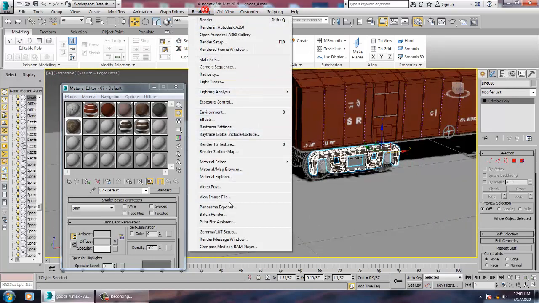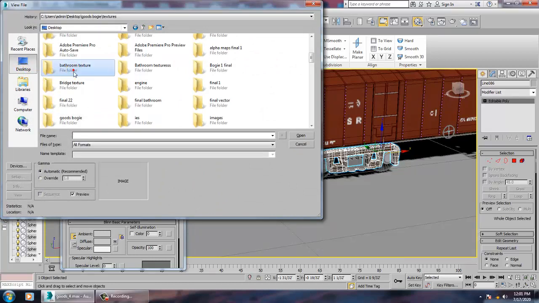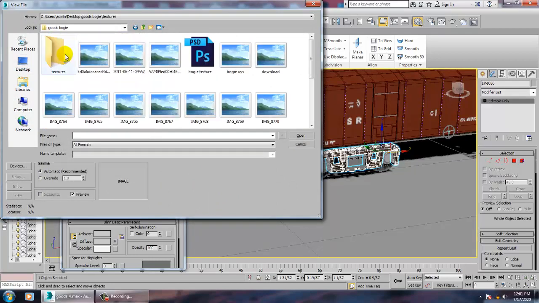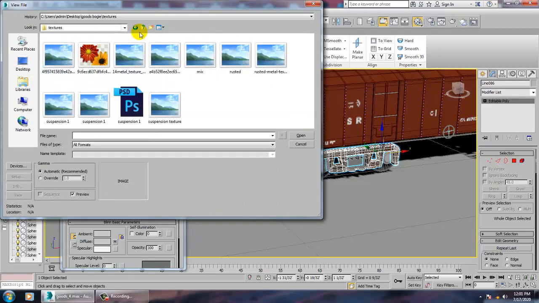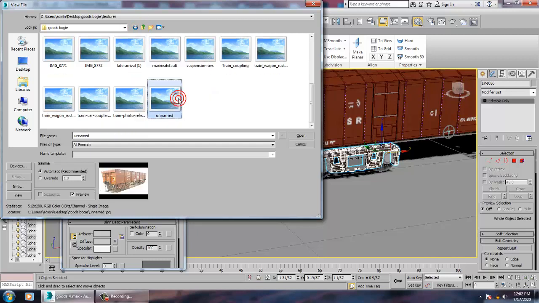let's take some references, go into rendering, view image file, goods bogey, and we need some references over here.